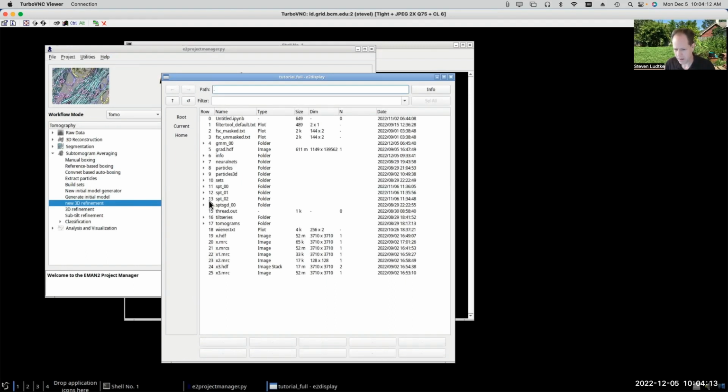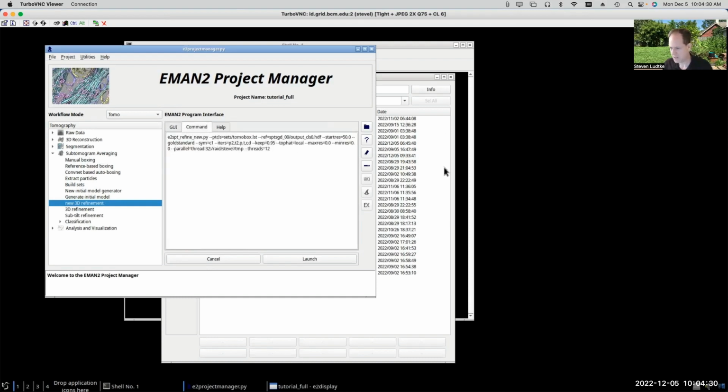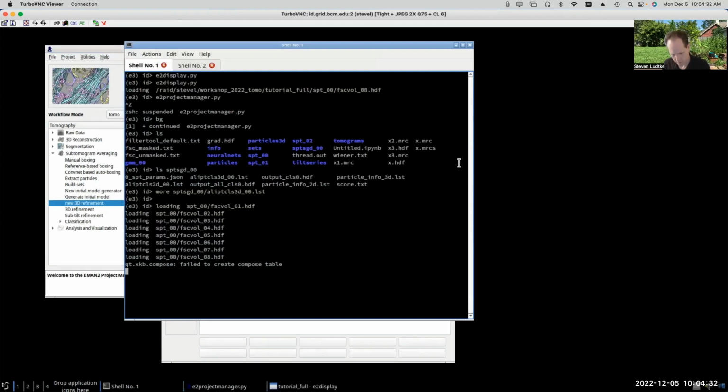So despite the relatively small size of this data set, it is possible to do some heterogeneity analysis on this data. Now, we could do this using just the new 3D refinement variant that permits multi-model refinement, permits classification. So this is E2SPT refine new. You can see there's an E2SPT refine multi-new, which we can use,